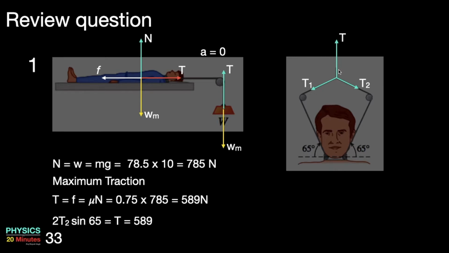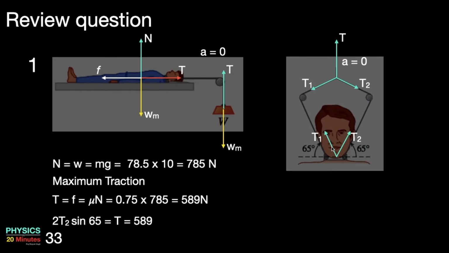Tension in the string we know now, T. Now let's say the tension in this string is T1 and the tension in this string is T2. So that means this string is T2 and this string is T1. Acceleration is 0, remember. So if I take a point mass somewhere here, then I can show that on the person's neck in this direction the tension is T2 and in this direction the tension is T1.